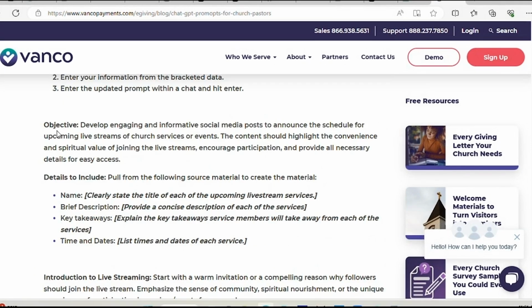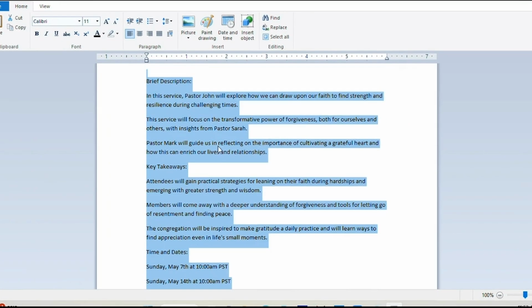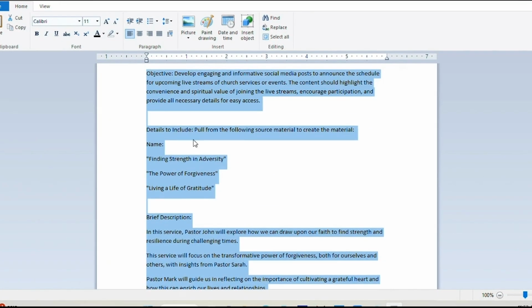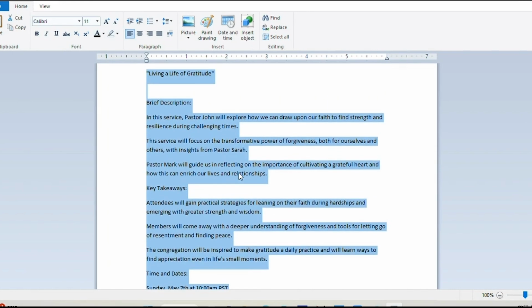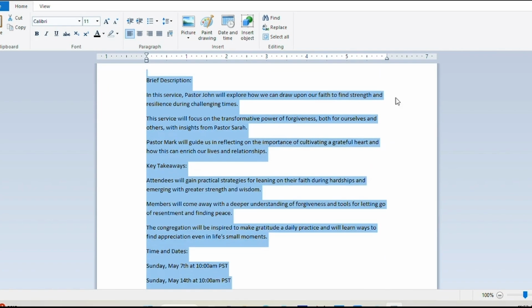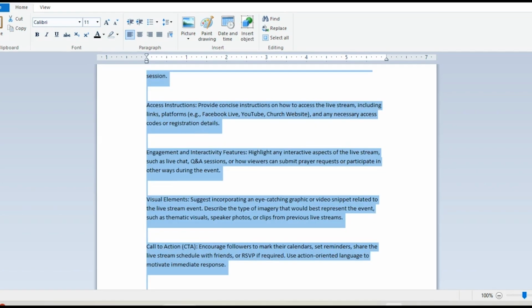But before you do, the bracketed selections right here are individual inputs you'll need to give that are unique to your church. Just for reference, I put the entire prompt in a doc and then entered my unique details here. I made up a few events for a made-up church to do this. Once you get all that set up, you would want to copy the whole prompt with your details from objective down,